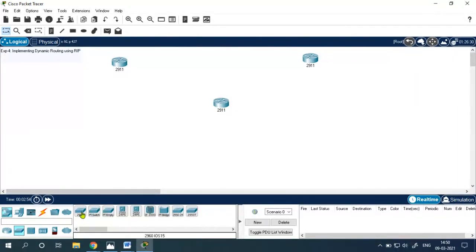Then I require switches. This switch will be connecting to LAN 1. This will be used in LAN 2. This is in LAN 3. Now we need some PCs and devices.